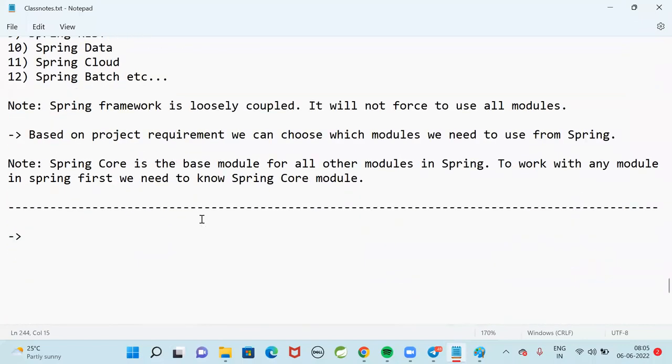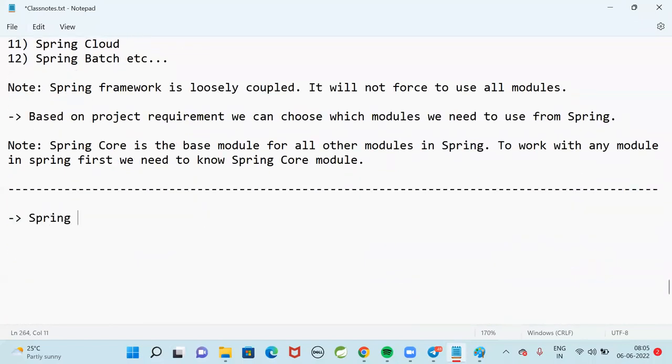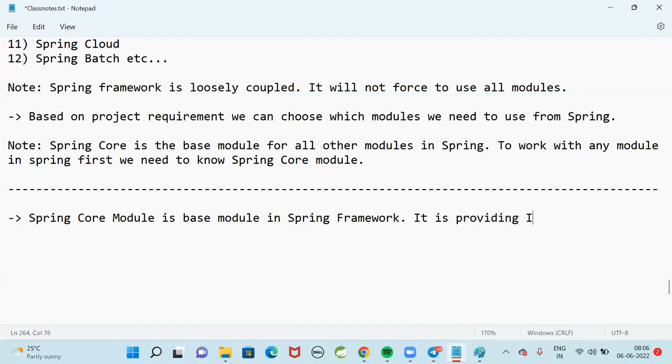Got my point, guys? Spring Core module is the base module in the Spring framework. It is providing IOC container and dependency injection.